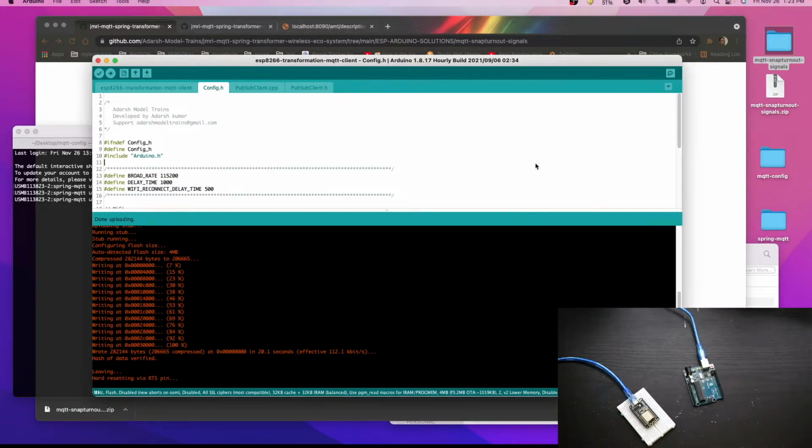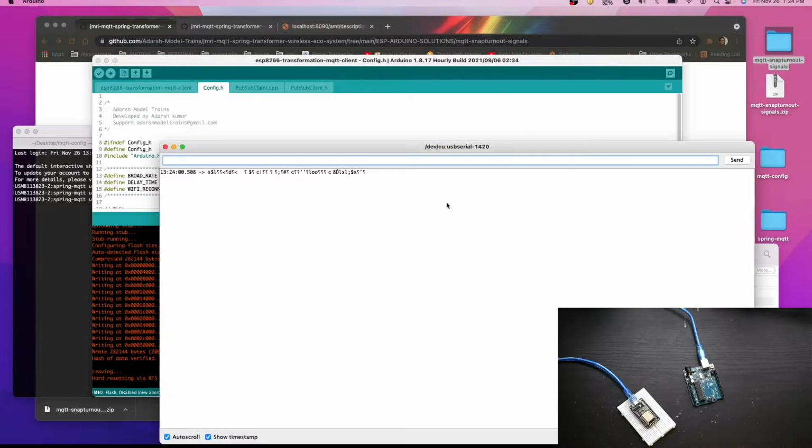So the code is uploaded, so we are good with this part. Here we can just see the logs.